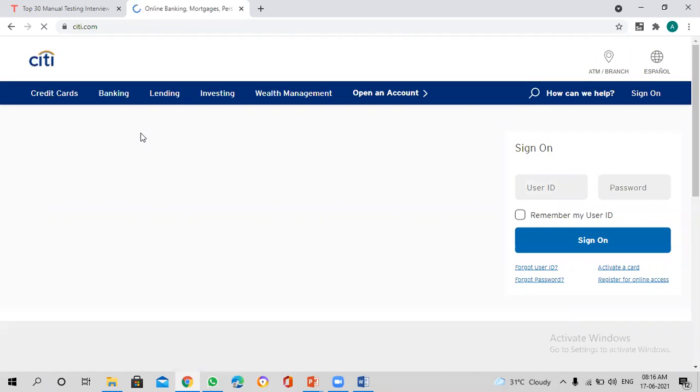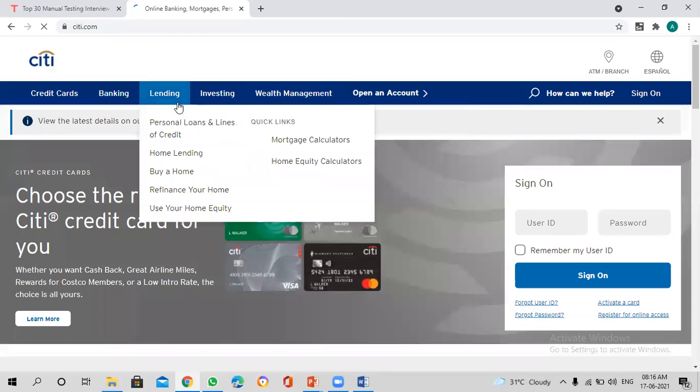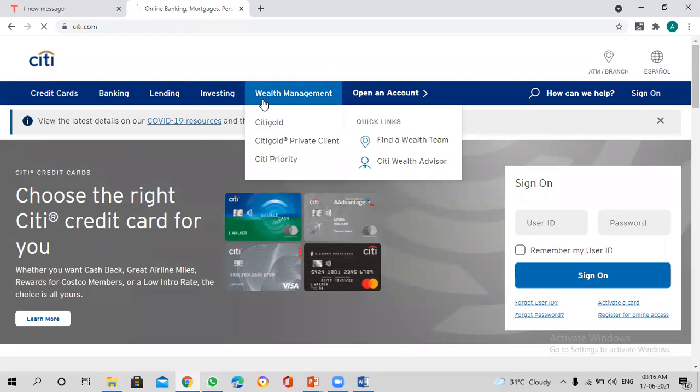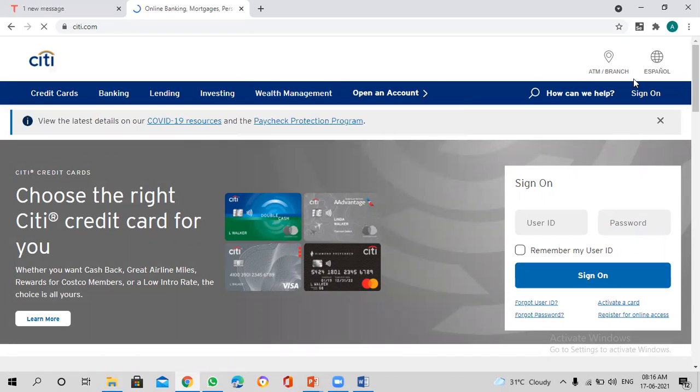You see tabs for credit cards, banking, lending, investing, under which you again have multiple options. Wealth management, open an account, how can we help, sign on, ATM branch, and so on. There are so many options. Now, let's say that for all these options, I have written the 1,000 test cases.